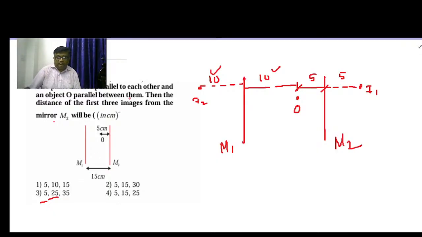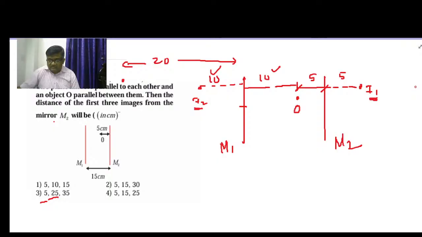I3 we can call it as, now I will take this I1. This I1 will act like an object and I2 also will act like an object. So I1 is at a distance of 10 plus 5 plus 5, 20 from mirror 1, and I2 is at a distance of 10 plus 5, 15 plus 10, 25 from mirror 2. We have to decide upon the third image. So if I take this as an object for this mirror, it will form one image here which will be at a distance of 10 plus 5 plus 5, 20. So this will be at a 20 distance from this mirror, and this would form one image this side,